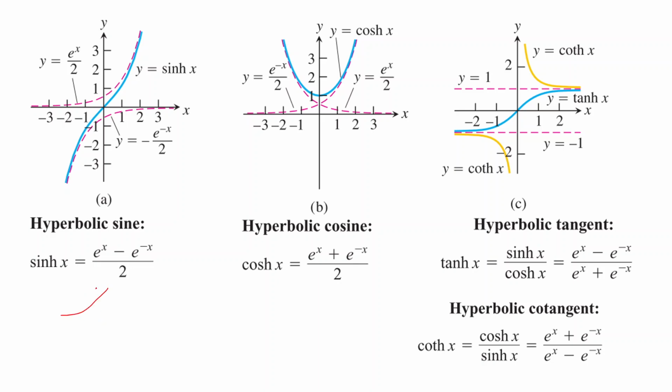E power x is this. E power minus x is this, right? Now e power x minus e power minus x is basically this graph minus this graph, divided by 2. That's what we are doing. Sin hx, hyperbolic sine, is e power x minus e power minus x by